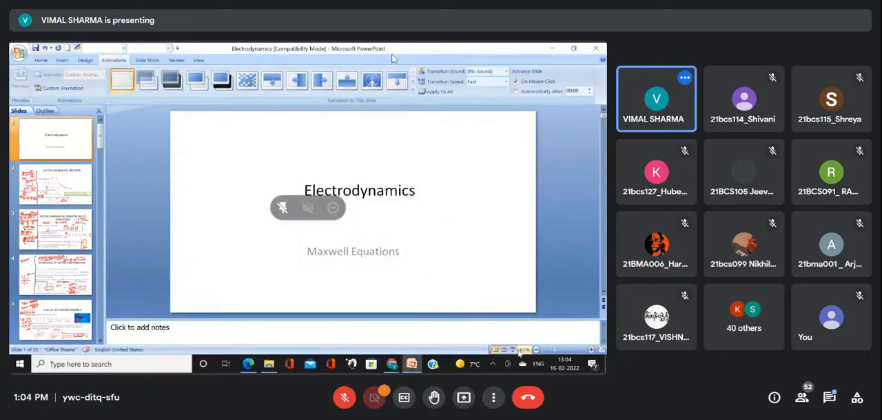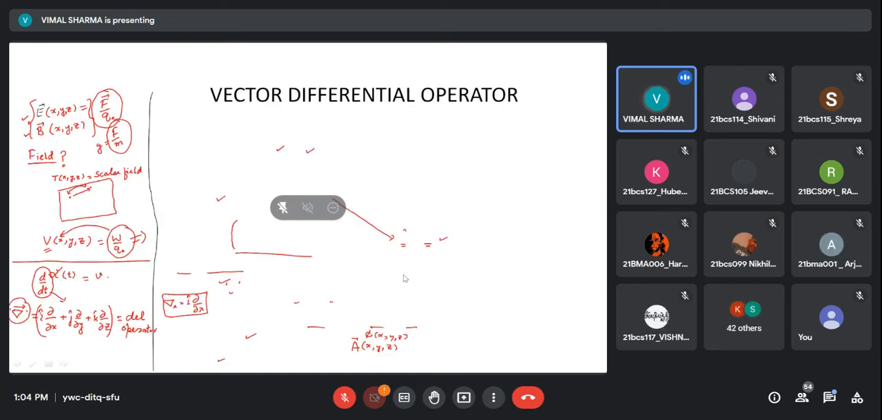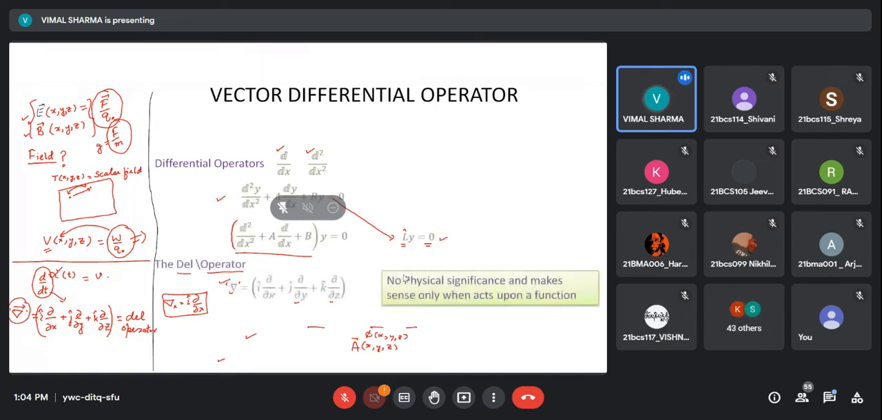Some basics of electricity and magnetism, or rather, not the basics of electricity and magnetism, but we discussed some mathematics which is required to understand electricity and magnetism, or electromagnetism. So we started with this new operator,